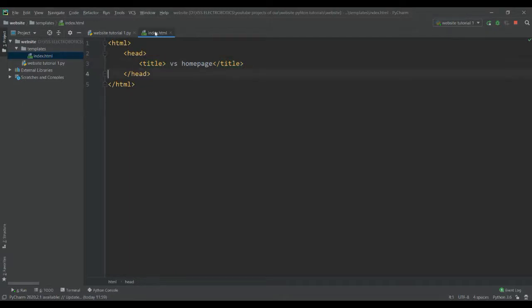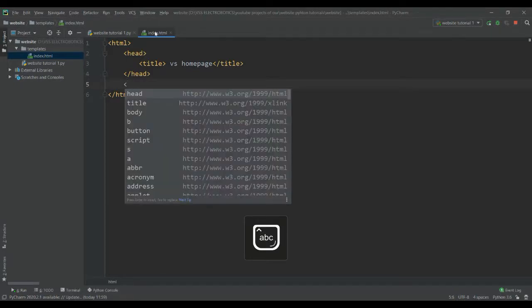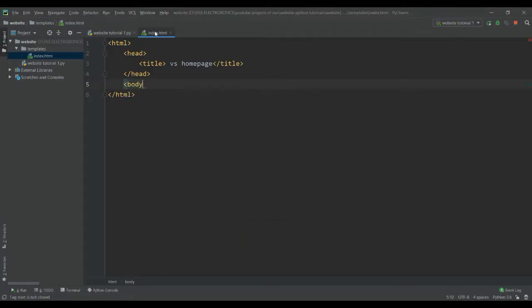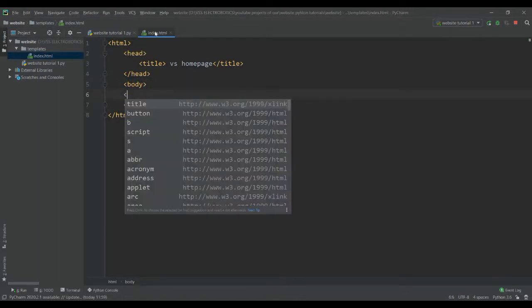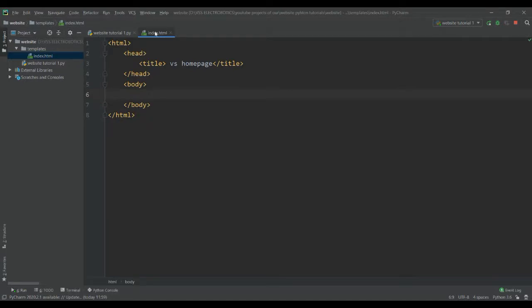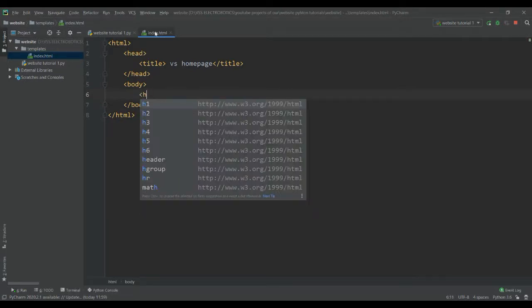After the head tag, we are going to use a body tag. In the body tag there are H1 tags, H2 tags, paragraph tags, form tags.